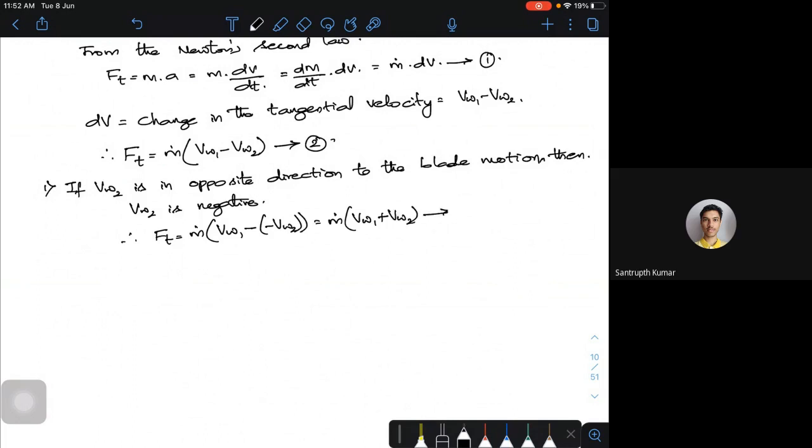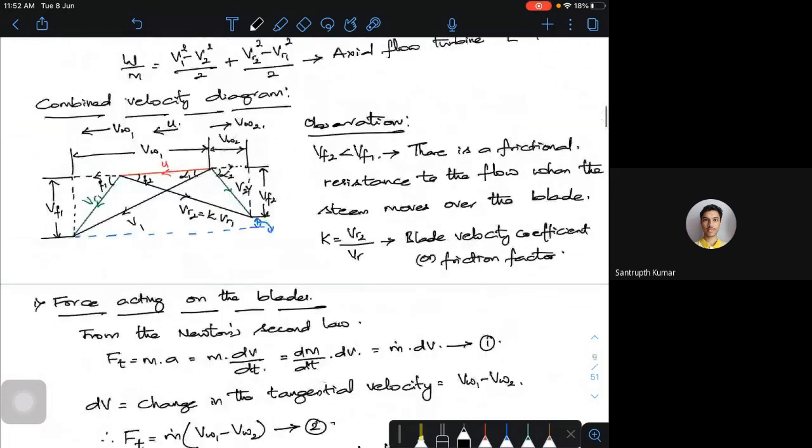You might have used this formula in your turbo machines course, but how you put plus and how you put minus is often not clearly explained. Blindly you people have applied it. This is the reason: look at the velocity triangle, your U and Vw2 are in opposite directions. That's why it is negative.